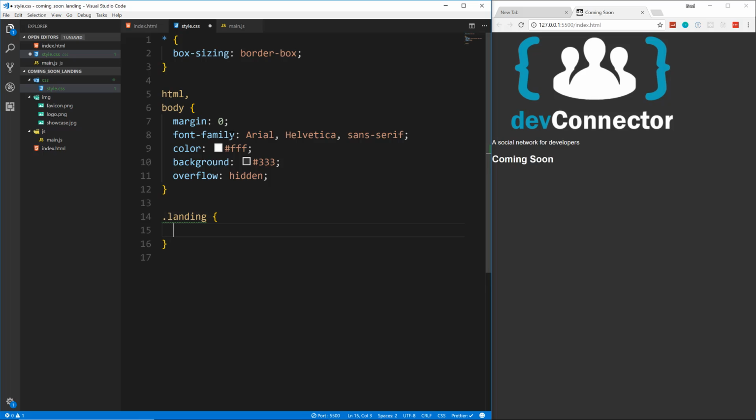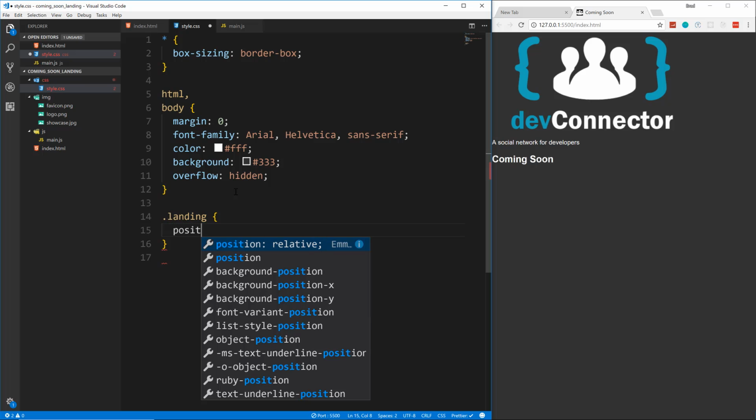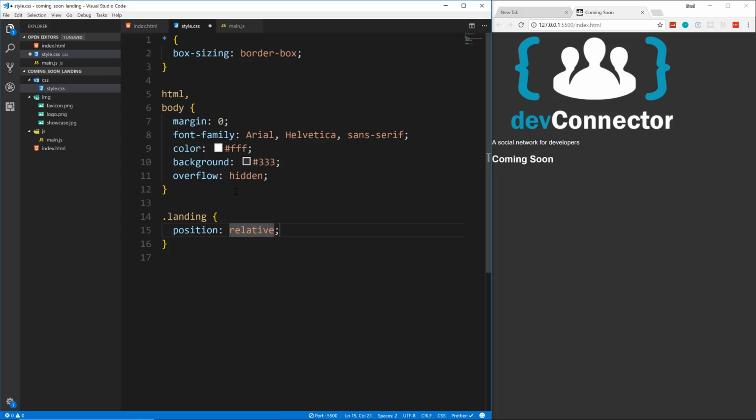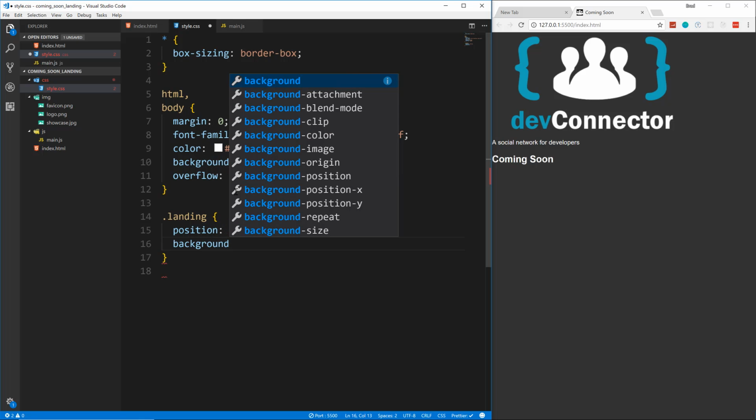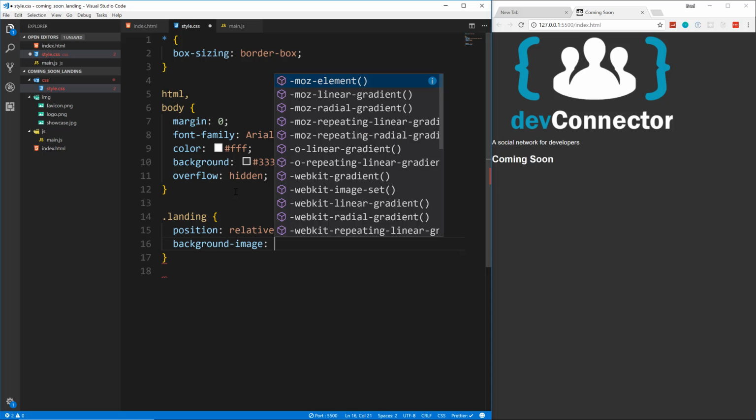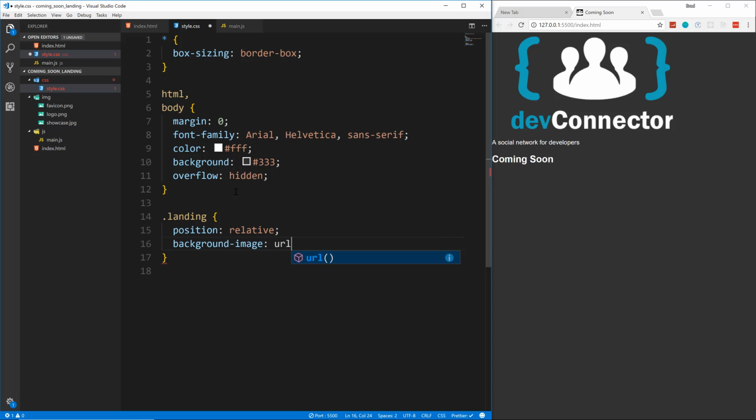Okay. Next thing we'll do is the landing, which is the main section, has a class of landing, and we want to position this as relative because the landing inner that goes inside of it is going to be positioned absolute, and we want this class to be its parent, so it has to be relative. And then we'll set the background image, and we're going to set that to a URL, and let's say .. because we need to go outside of the CSS folder into the image folder, and then we want